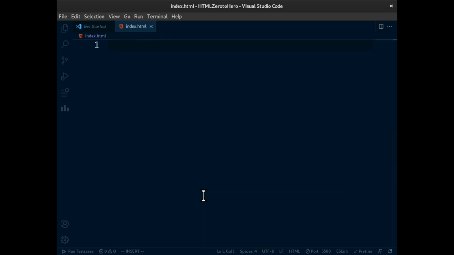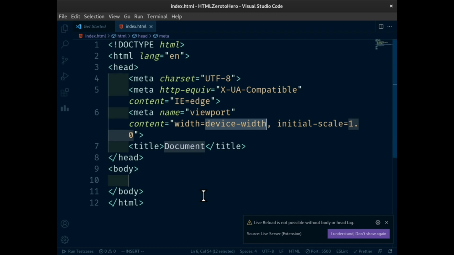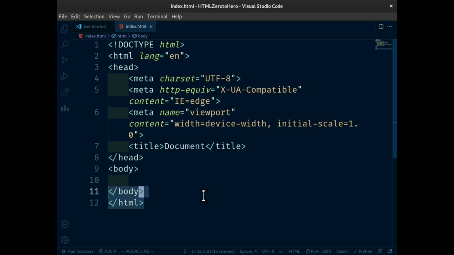So I'll delete all of the code, and what you can do in VS Code, and not only VS Code, in any editor where you installed Emmet, you can write an exclamation mark and then press tab. Look, everything got set up for you by Emmet itself. All the head tags, like meta tags, and also the title tag, everything is set by default for you. So now what we can do, let me first change our title,